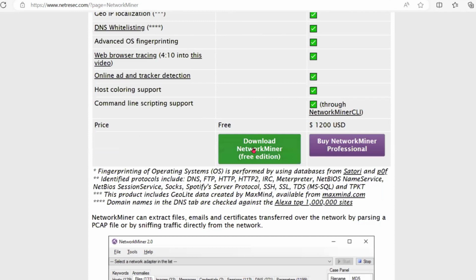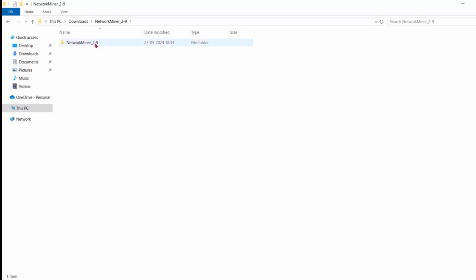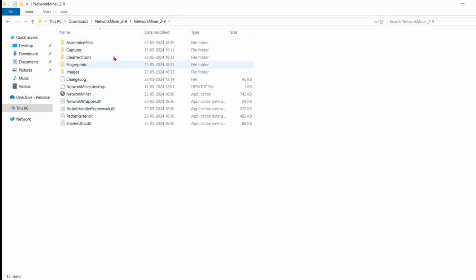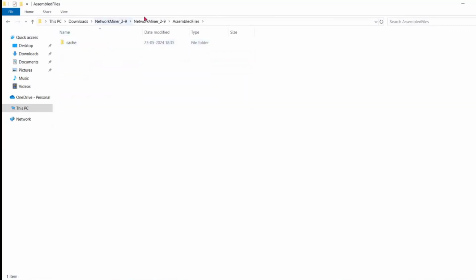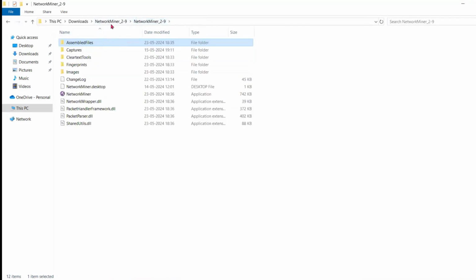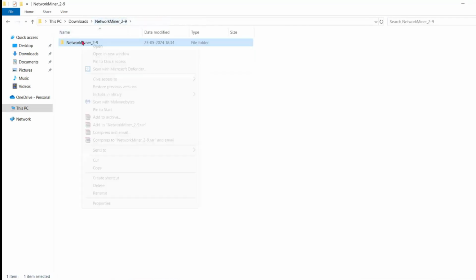Okay, free version download, click on download. It will download the zip file. So this is the Network Miner, and these are the files which are there. Now what you do, just copy this, Control C,